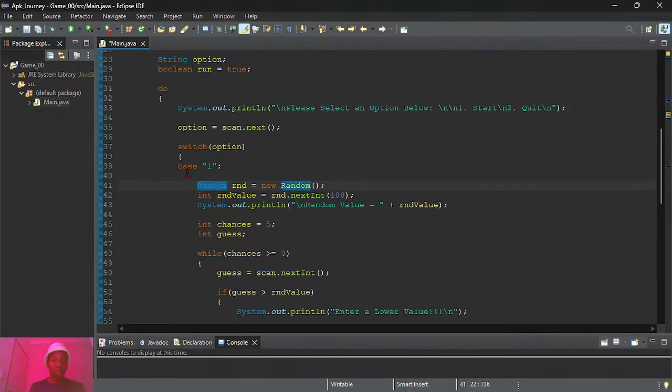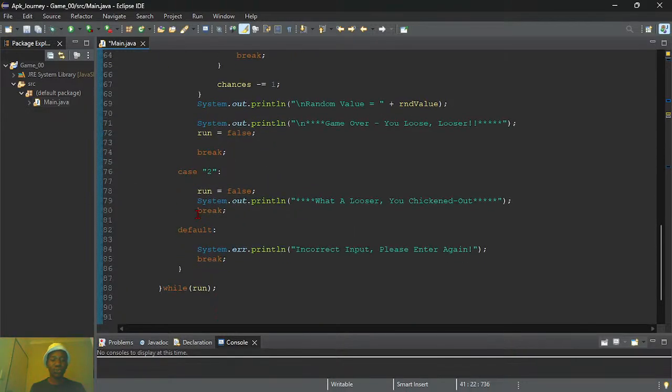So when the user enters case 2, it's basically to quit the game. Nothing more special about it. As you can see, we're making this false, and as I said, I think the printout should come before the making of false.